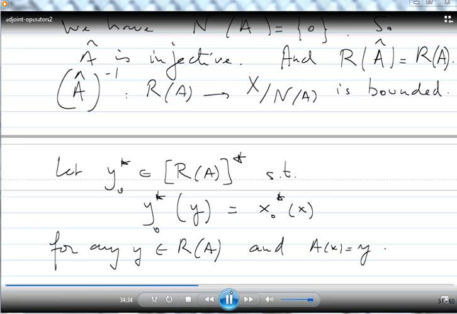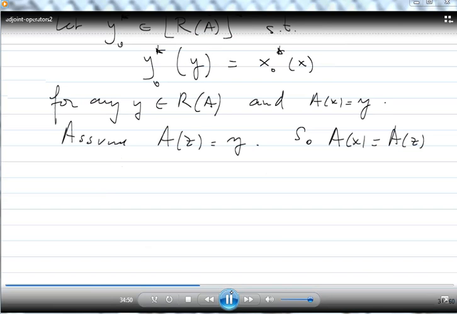So let us check it. Assume we have A of z equals y, another one. So we have A of x equal A of z, and we have seen, because x0 star is equal to 0 on the null space, that x0 star of x equals x0 star of z, and therefore this y0 star is very well defined. Because everything is continuous, we can easily see that y0 star is continuous. So this tells us that Hahn-Banach